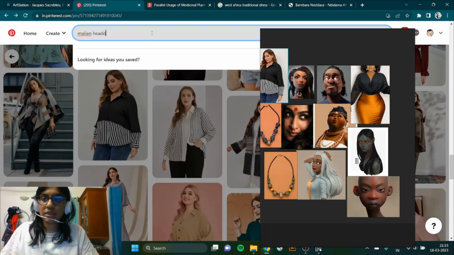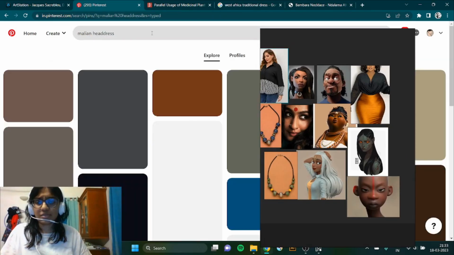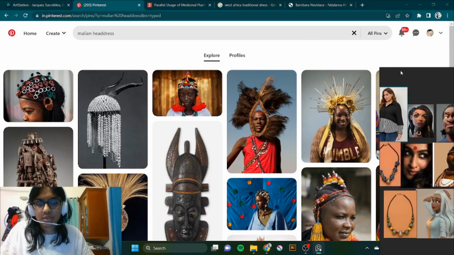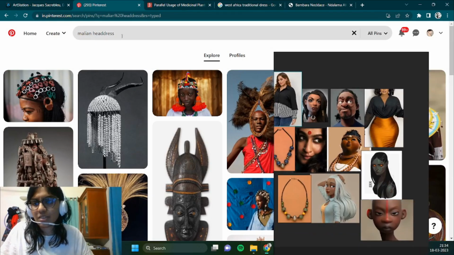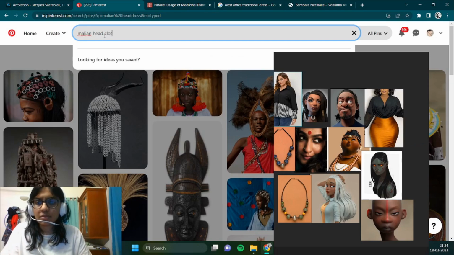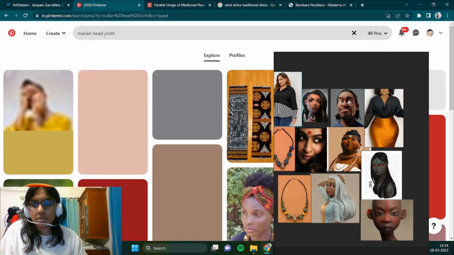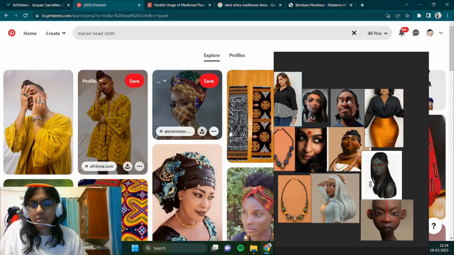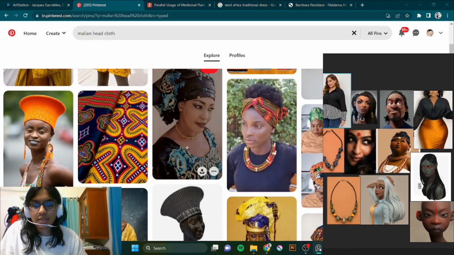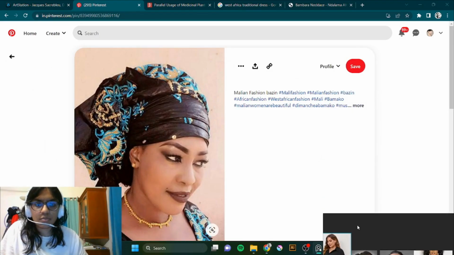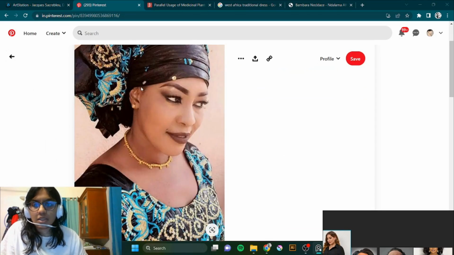Malian headdress, headpiece. I don't know what it's called. Head cloth. Oh man, yeah, something like this, but I don't know. Malian fashion. Nice.